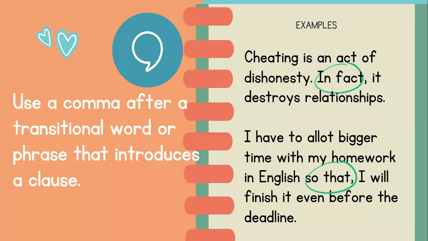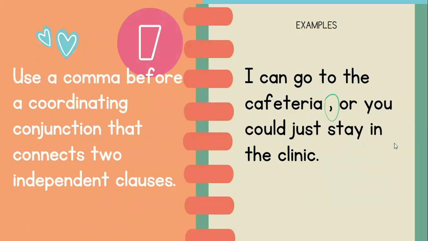Thank you for that. Now we have here, use a comma before a coordinating conjunction that connects two independent clauses. So the previous one was also a comma, right? Don't worry, class. I'll discuss to you the difference between these two functions and how you can properly use these punctuations in connecting clauses. So what again are the coordinating conjunctions? Yes, it's the FANBOYS. For, and, nor, but, yet, or, so. These coordinating conjunctions will serve as your guide in putting the punctuations in proper place.